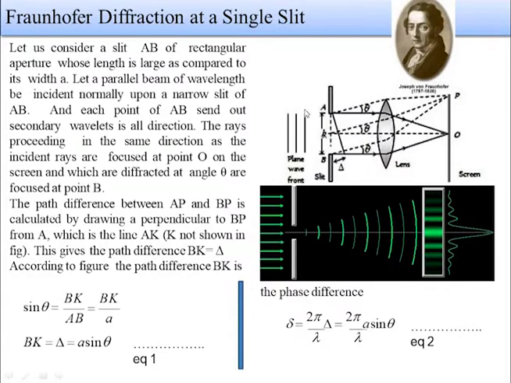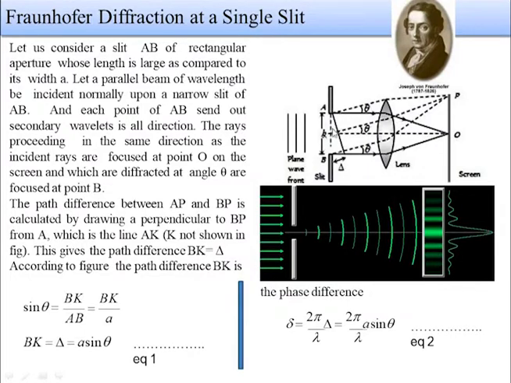And we all know we are discussing Fraunhofer diffraction. To make the rays come from infinity, we have to keep a lens in between the aperture or slit and the source of light. And we assume that the rays which are passing through the center of the slit will move undeviated and reach the point O on the screen. Again, we know that in the Fraunhofer diffraction pattern, one more lens is kept between the slit